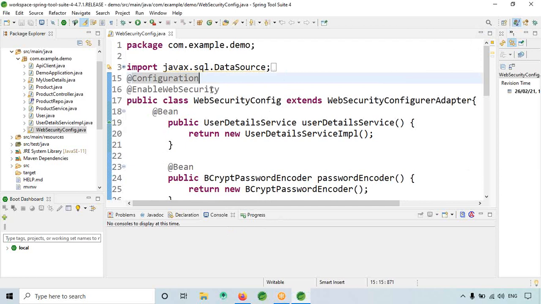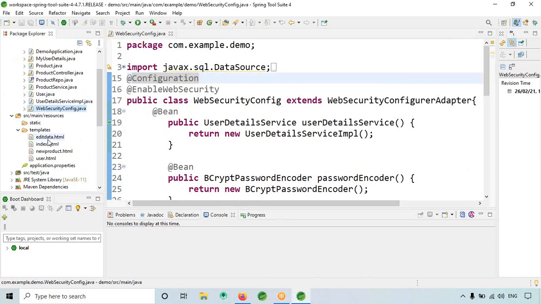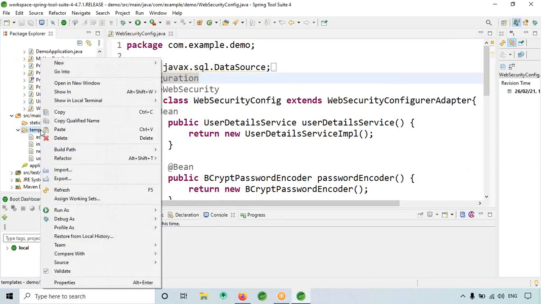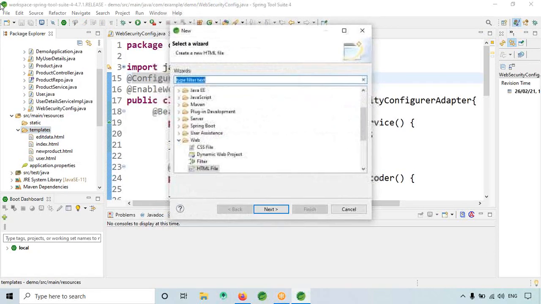So here, it's a pretty straightforward method. Okay, so now what I will do is I will go to resources as usual. Here I will create one HTML page.